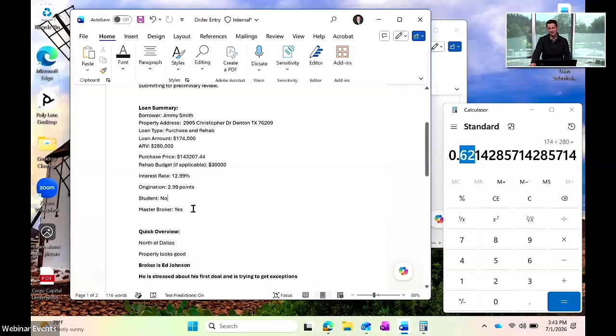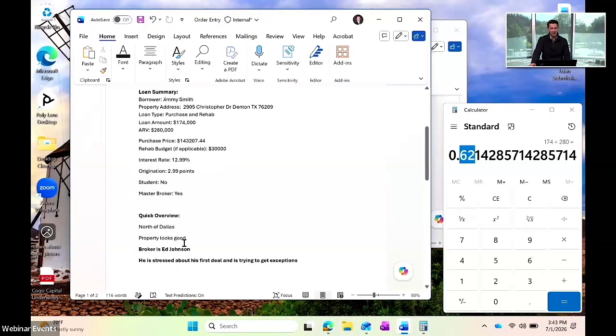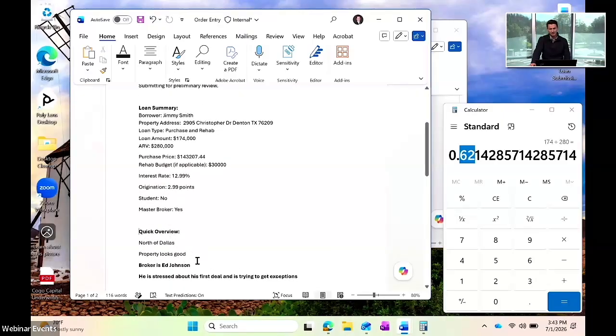That's really what that means, and that's why that's in here for me. I just want to make sure we're sizing the loan correctly according to the relationship we have with the broker. Ed Johnson, this is a made-up name. Probably lots of Ed Johnsons in the world. But my underwriter down here is giving me some